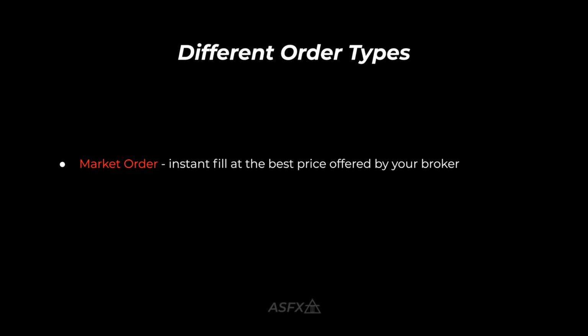Now, past that, we have a few different types of orders. The number one type of order that you need to understand, this is all I use, are market orders. These are instant fills. If you're using an ECN, you already know that what that means is you hit buy, you hit sell, your broker is shopping you around for the best price. That's what the ECN does. So that market order is normally instant, very little lag unless you have some personal internet issues, and that's going to get you in at the best price possible.